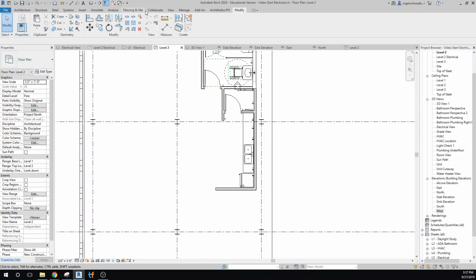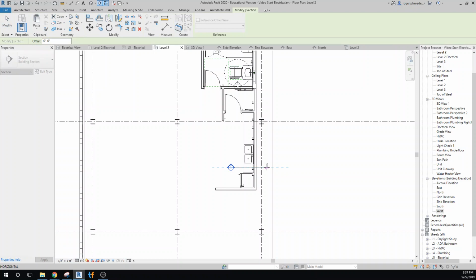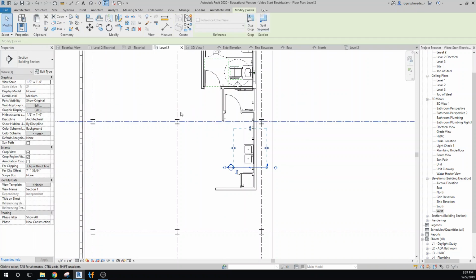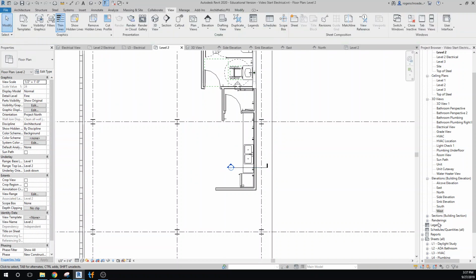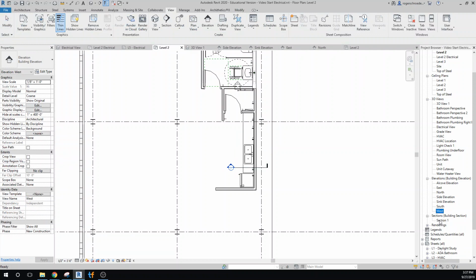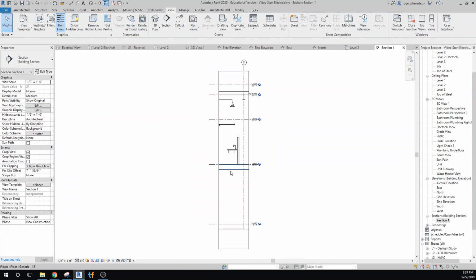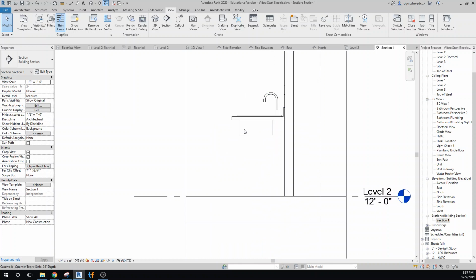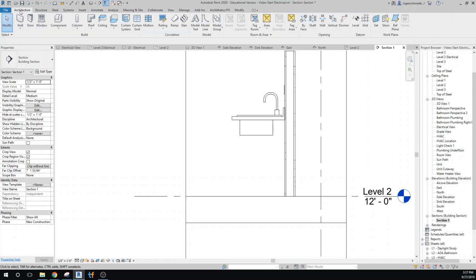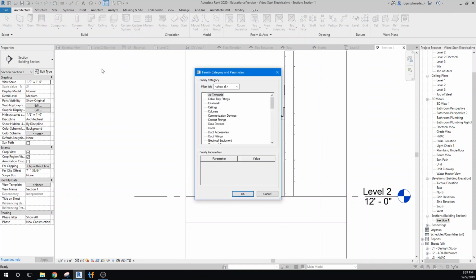So I'm going to put a section and cut a view so that I have a place to do some work. It's really just a temporary section, and you'd probably want to go back and delete it later on. But that gives us a chance to cut through and see our sink basin here, and we want to put a little board in front of that. So let's go to architecture, component, and we're going to model in place. It'll be a piece of casework,